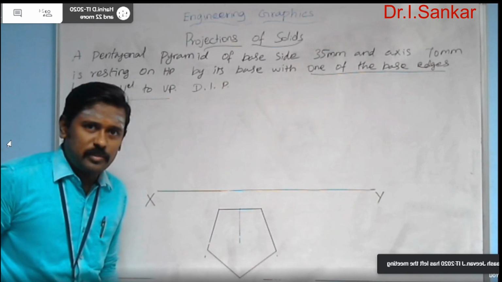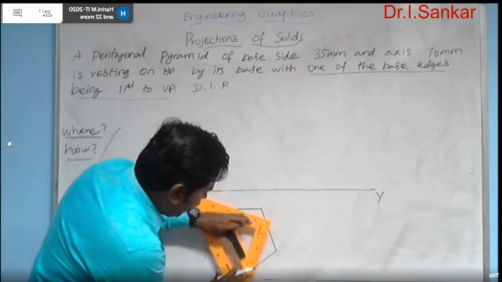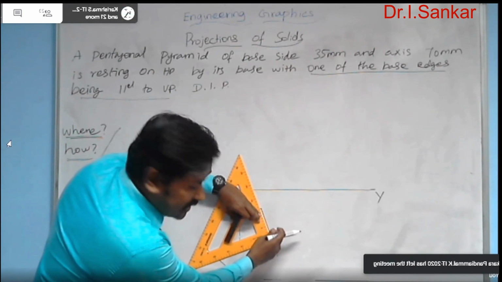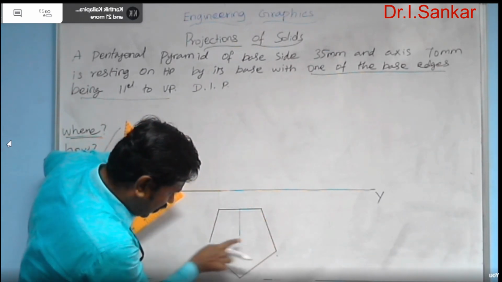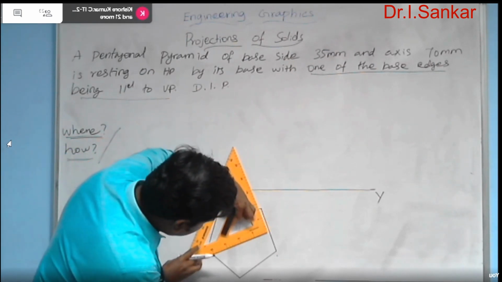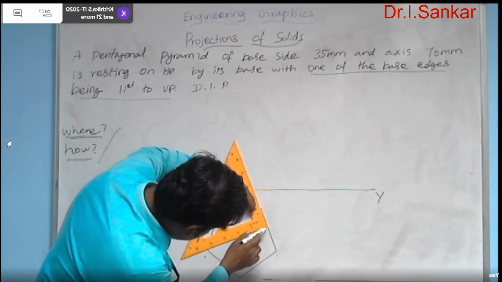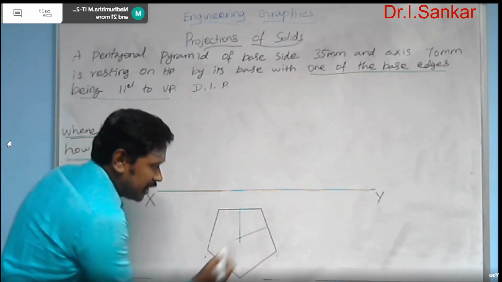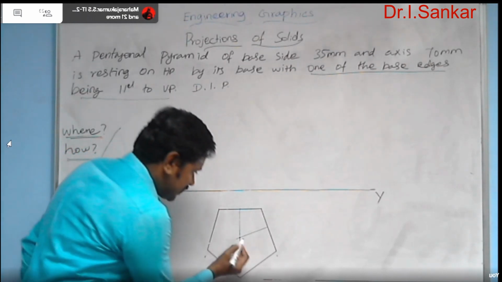Just an estimator line. In the same way, now make your drafters one scale parallel to another side. From that side's center, draw a perpendicular line towards the opposite corner. For that side, the opposite corner is this one. Okay. Towards that, draw a line. So drawn like that, here you will get a point, an intersection point. This point is nothing but the center point of this pentagonal surface.